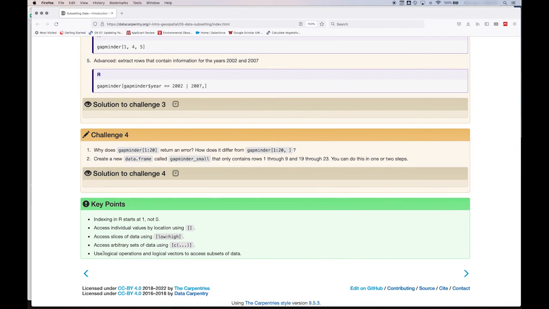And then you can use the same logical operators that you are familiar with, but use them for subsetting your data and just grabbing the data you want. You can do greater than, less than, combine it with and or or operators to look at your data. All right, that's all for episode